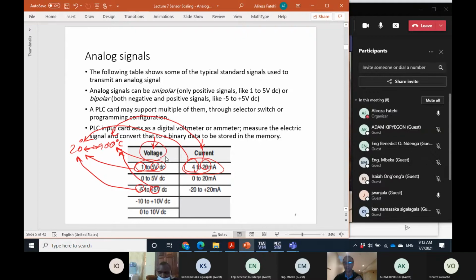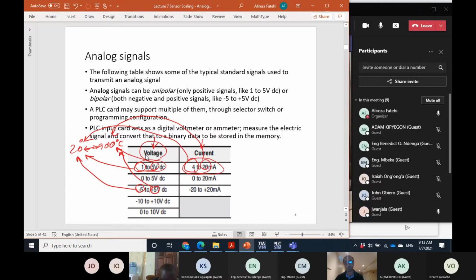voltage signals are very simple to be generated and read by the PLC. But there are two disadvantages. One is that they are more sensitive to noise. Noise has more effect on the voltage signal than on current signals. The second, which is more important, is that the length of the cable or wires from the sensor to the PLC affects the reading, because there could be some voltage drop over the wire,